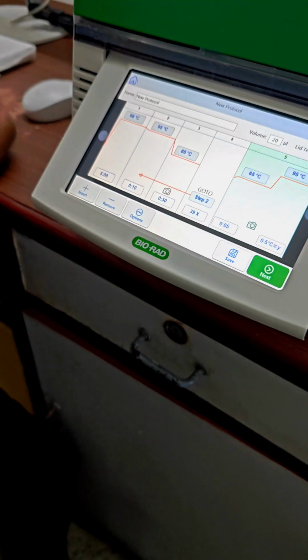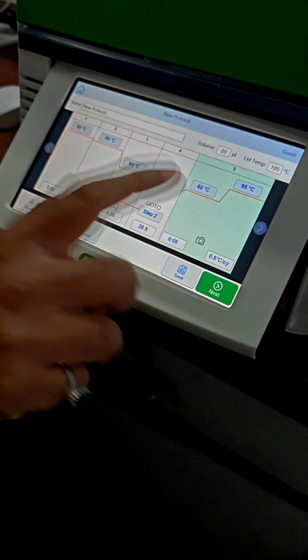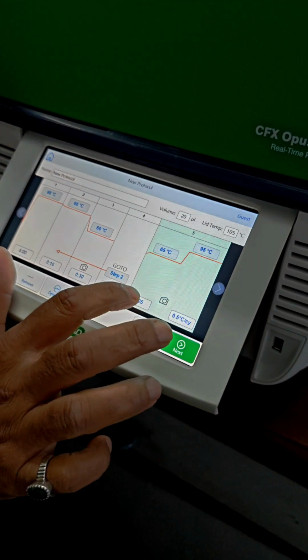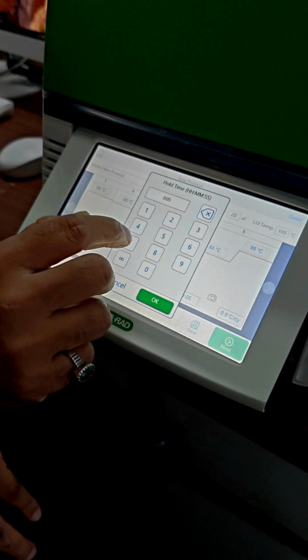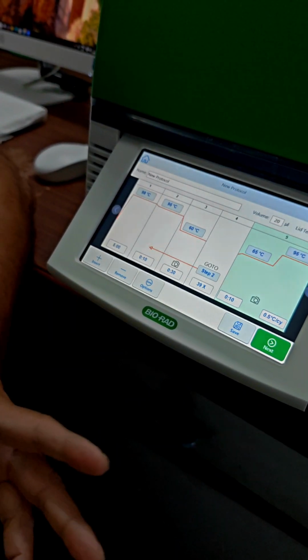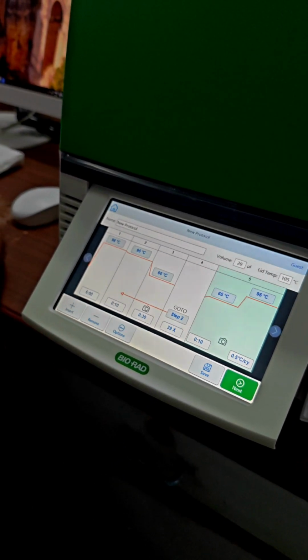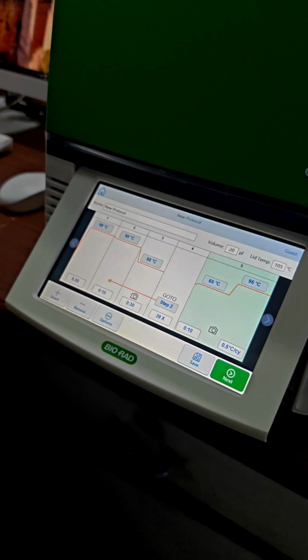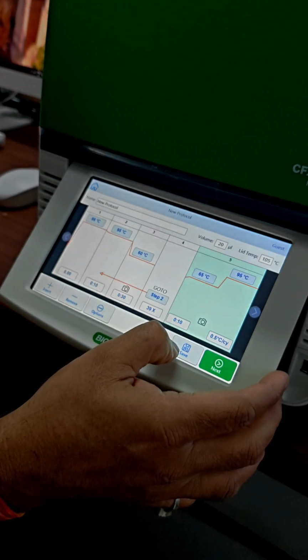And at each step, it's going to pause for 5 seconds and take a reading. So this you can change, but this is standard, we don't disturb it. If you want to make it more, then make it 10 seconds. What it will do is change the total time that you require to run the protocol. Okay. So after you have made the protocol, you can save it, right?